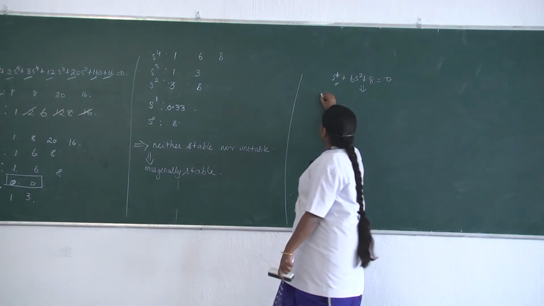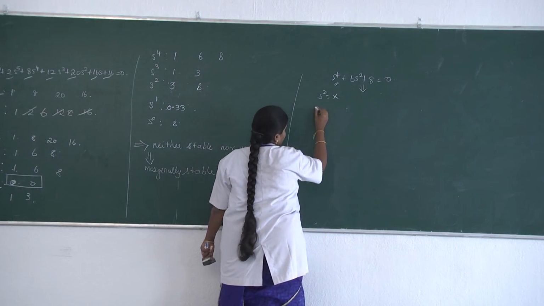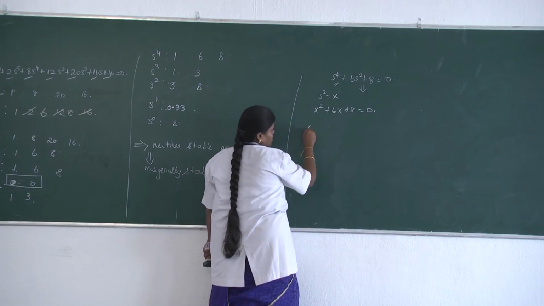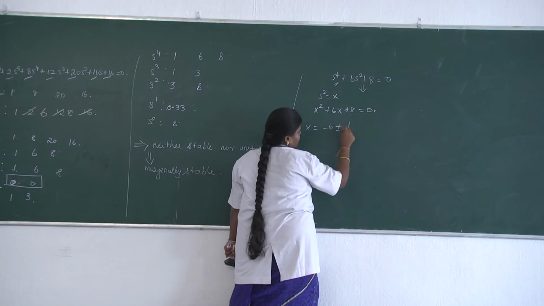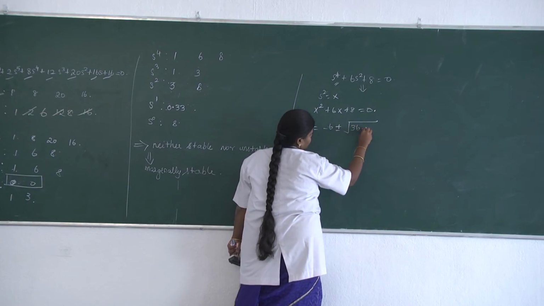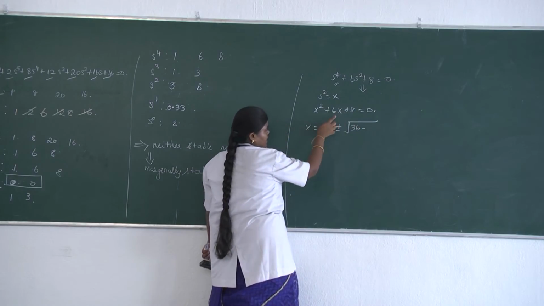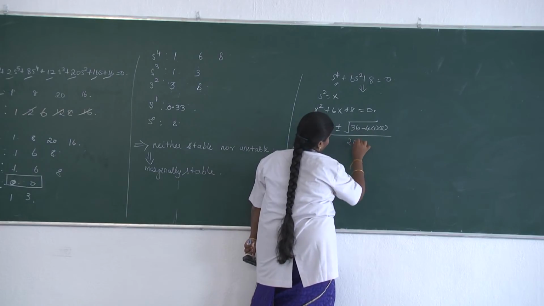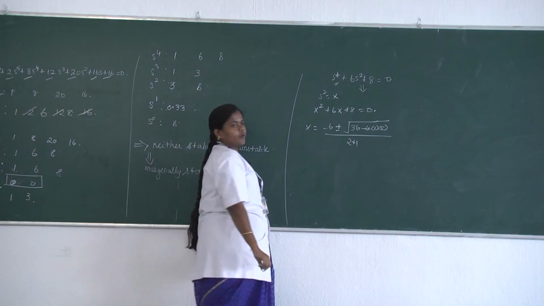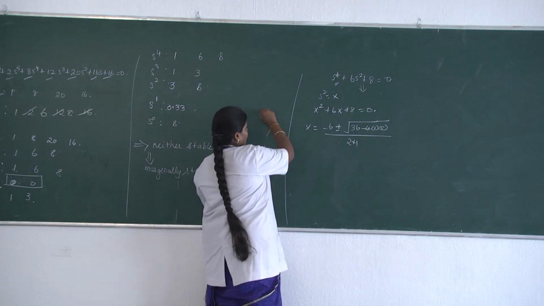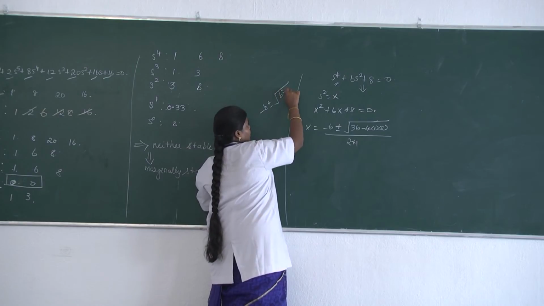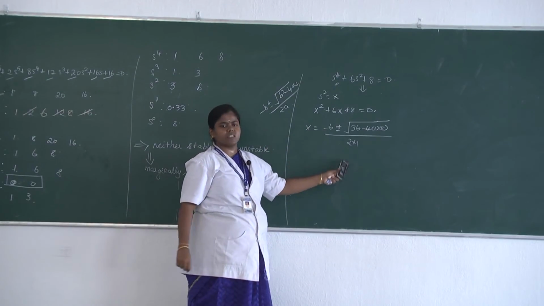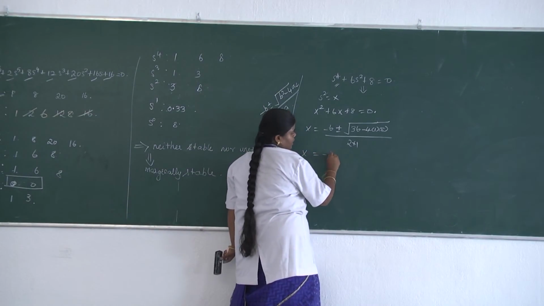Since we cannot solve it directly, we can consider s square is equal to x, and this equation will become x square plus 6x plus 8 equal to 0. On solving this, x is equal to minus 6 plus or minus root of b square, that is 36, minus 4ac, that is 4 into 1 into 8, divided by 2a, that is 2 into 1. The formula for any quadratic equation is minus b plus or minus root of b square minus 4ac, by 2a. And by substituting those elements in this equation, we find that x is equal to minus 6 plus